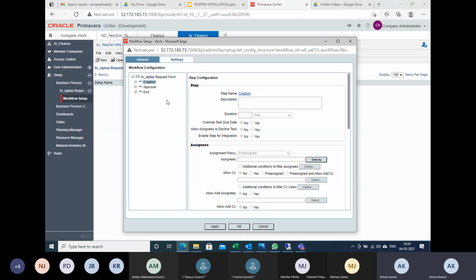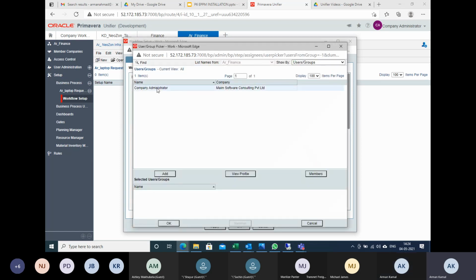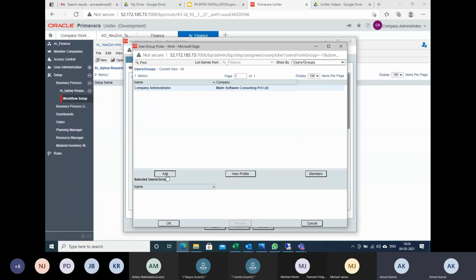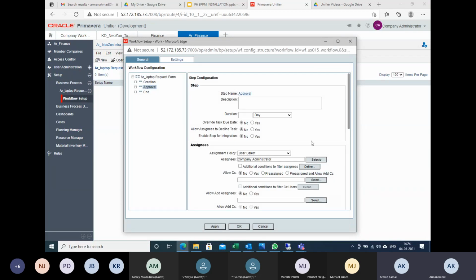Okay, so just select on the creation first. Okay, and here you will get an assignee tab. You just select that and use a user picker. Select this company administrator, pull it here, click OK. Come to the approval. Here also I will make it user picker, make it company administrator. I'm making myself as a reviewer and approver, no worries.